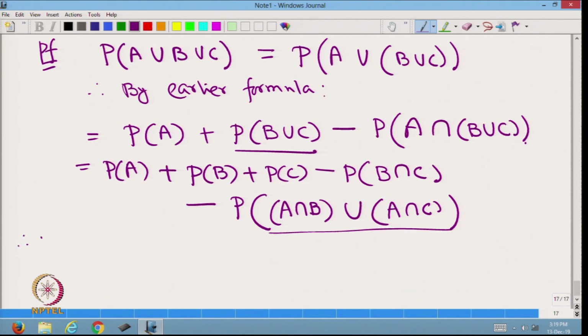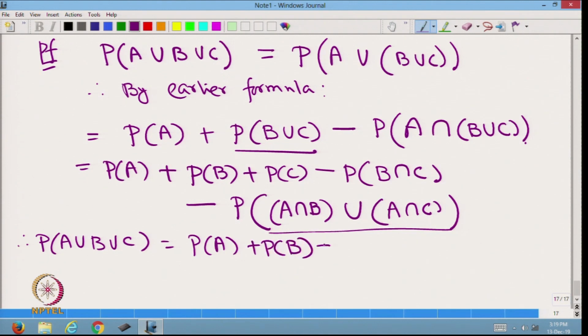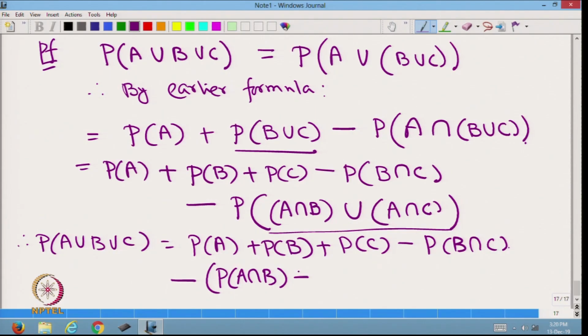Therefore, probability of A union B union C is equal to, from here we get P(A) plus P(B) plus P(C) minus probability of B intersected with C minus probability of A intersection B plus probability of A intersection C minus probability of A intersection B intersection A intersection C,